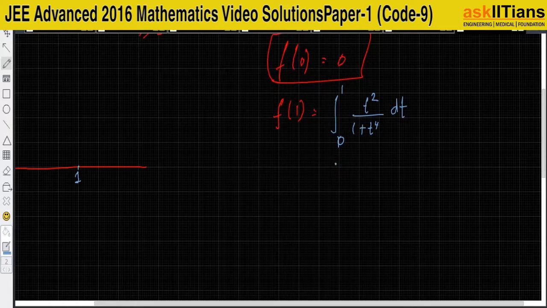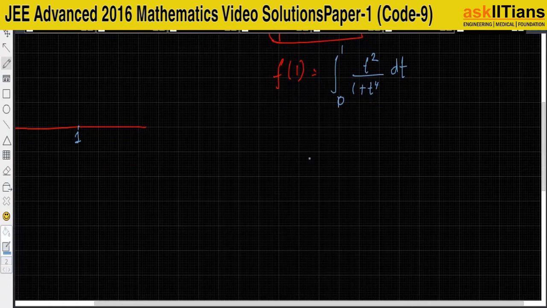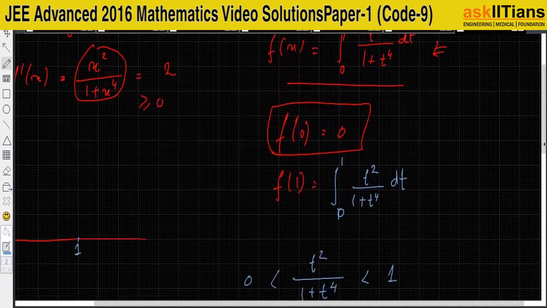Actually, we know that this quantity, t square divided by 1 plus t power 4, will always be between 0 and 1 only, right? This quantity will always be between 0 and 1 only. It will always be less than 1, because if I look at this quantity like this, t square divided by 1 plus t power 4,